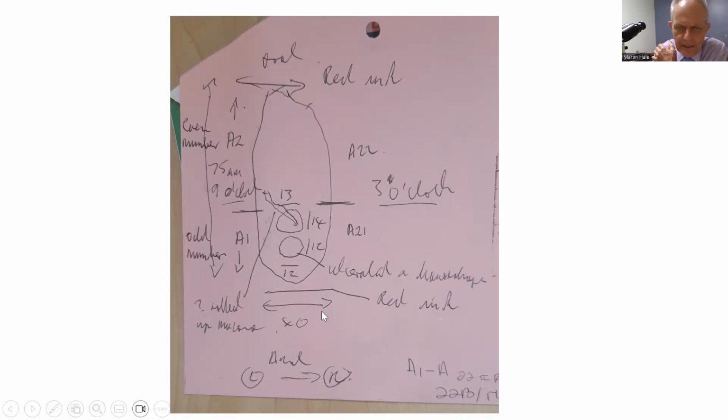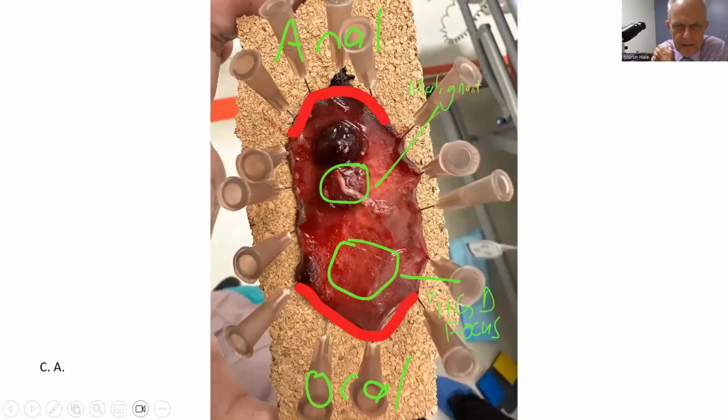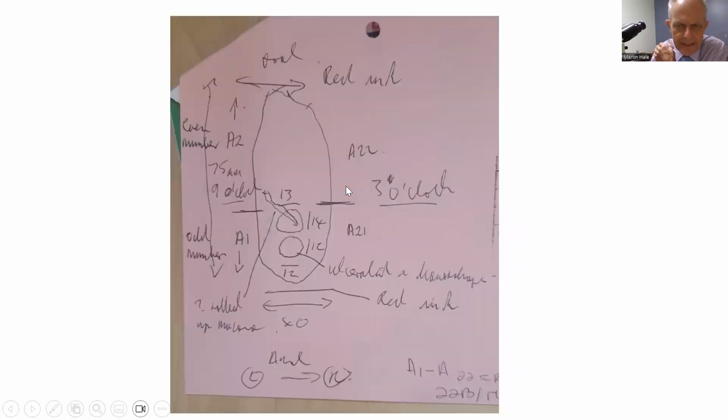So if you look at this here, the anal end, these two nodules, you see that? And if we go back to that, those are those two nodules there. Notice, if I go through my scroll, I've got here the measurement, which is 75 millimeters. That's 75 from there to there, and then the width is 40 millimeters.